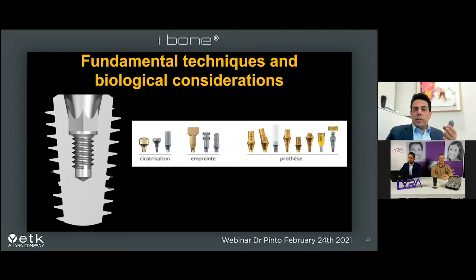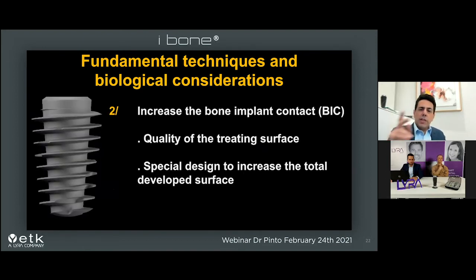So you know that you have a lot of tools to work the way you need to, to provide a very good prosthetic for your patient. You can now see what there is under the crown, under the prosthetic, and now we can talk about the implant. The second important consideration,